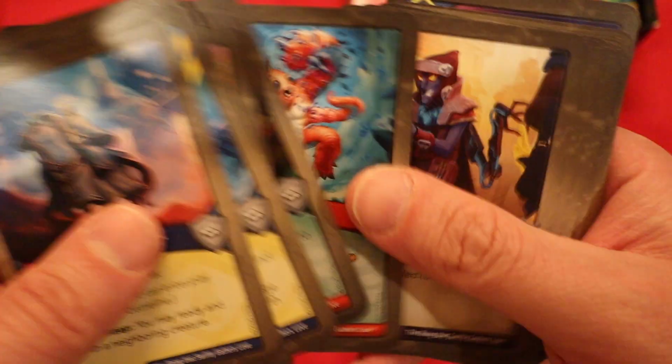Yeah, the Grey Rider is one of those sweet little tech cards an opponent really isn't going to expect when they play against this thing, and it really is going to be